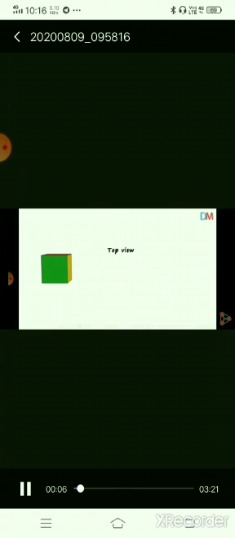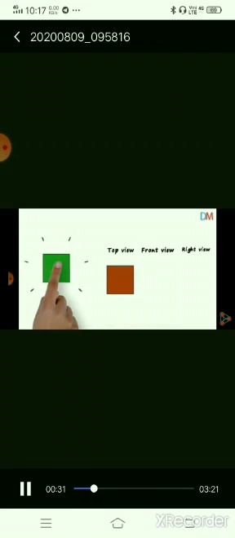Now, views of solids. Here we have to write the top view, front view and right view of these solids. Here we are taking a cubical box, and when we see the top view of that cubical box, the top face is a square and it is brown in color. When we see the cube from the front, we can see a green colored square.